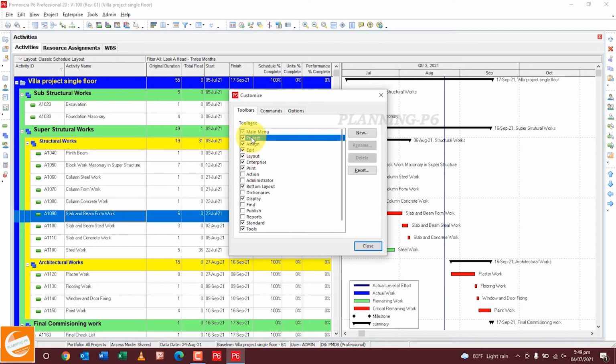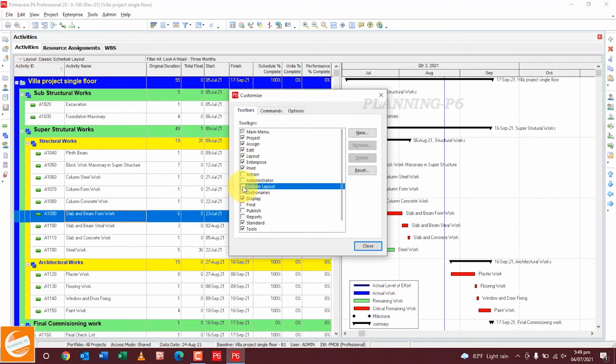If you hide Project, you can see here the Project toolbar is this one, and the Assign toolbar is this one, and then the Edit toolbar is this one, the top one. The Layout toolbar is this one, the Enterprise toolbar is this one, and then the Print toolbar is this one.